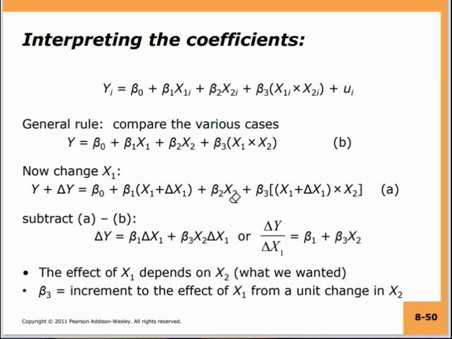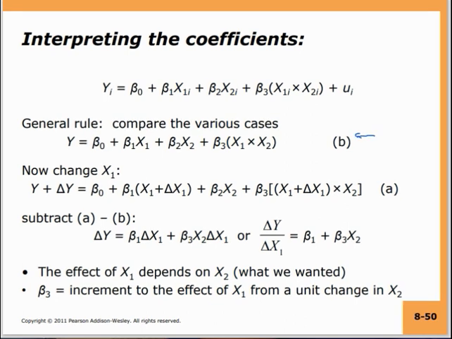You are keeping x2 constant and seeing what is the marginal effect of x1 changing by delta x1. Over here also, x1 plus delta x1 multiplied by x2. Okay, so you get beta 0 plus beta 1 x1 plus beta 1 delta x1 plus beta 2 x2 plus beta 3 x1 x2 plus beta 3 delta x1 x2. Okay, now if you subtract